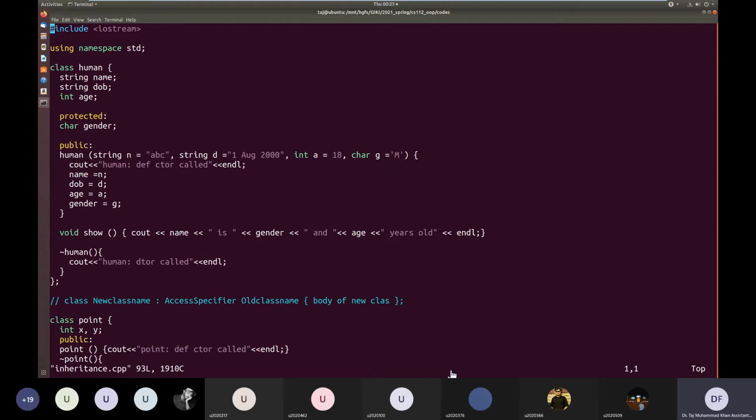Just give me a minute if I can find that figure somewhere. I will have to Google it.